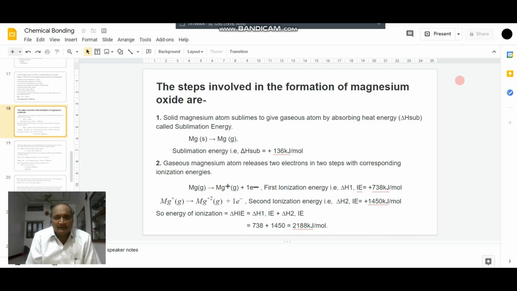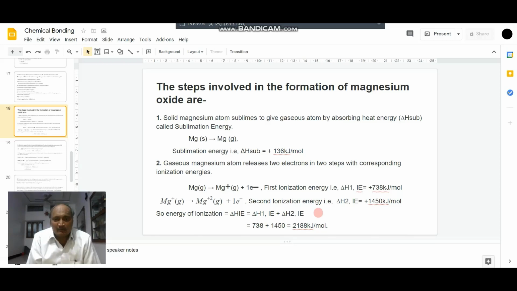Coming to the second step, the gaseous magnesium atom releases 2 electrons in 2 steps with the corresponding ionization energies. This step involves the ionization of a gaseous magnesium atom into a gaseous magnesium ion. Here magnesium loses 2 electrons to form the Mg+2 ion in 2 steps. The first ionization energy of magnesium, while losing 1 electron, is indicated by delta H1, that is the ionization energy for the removal of the first electron,